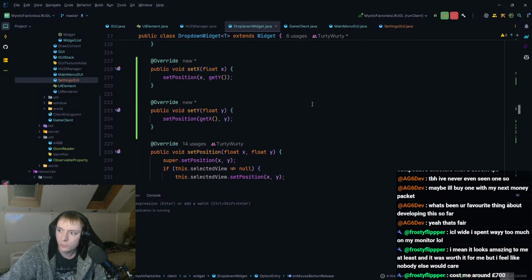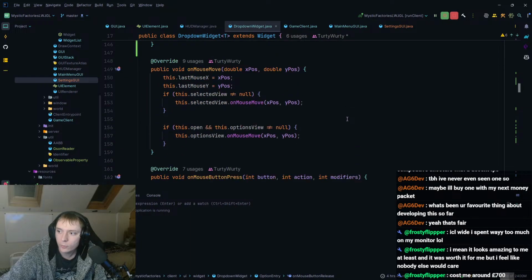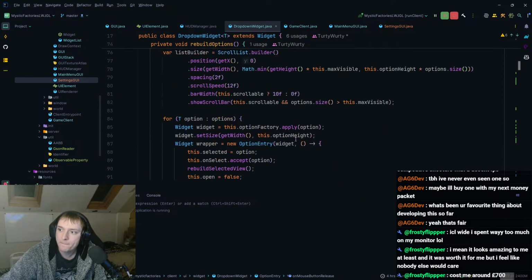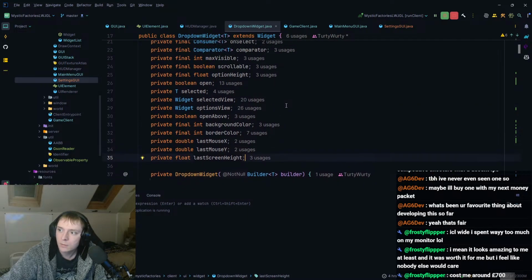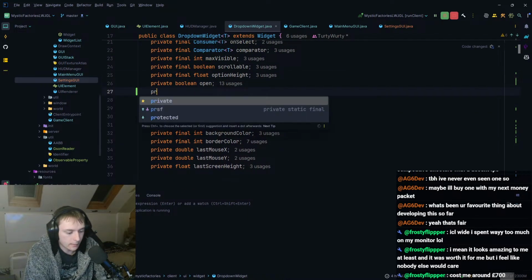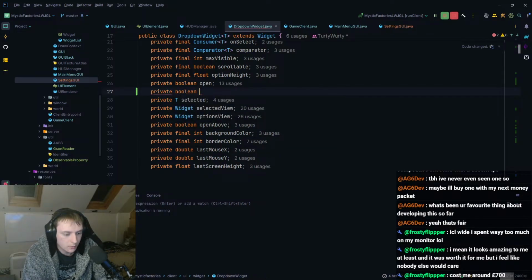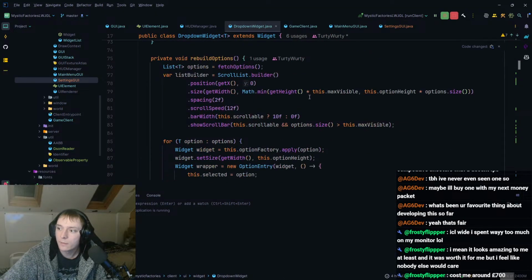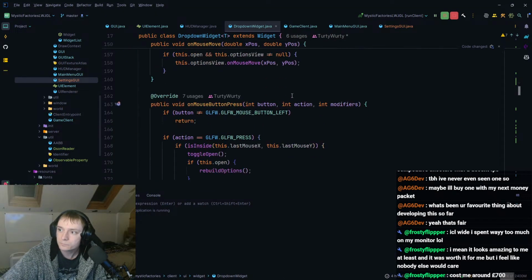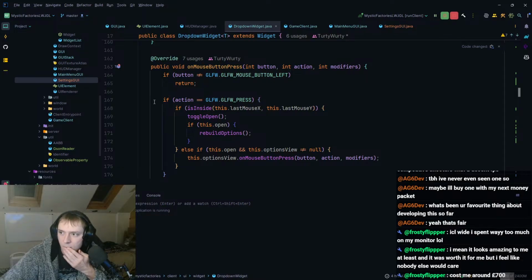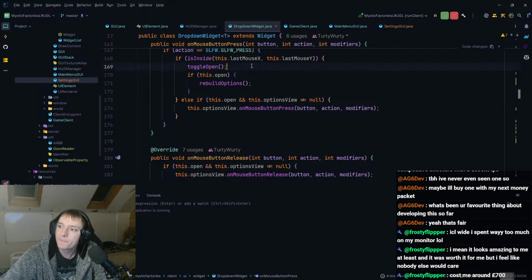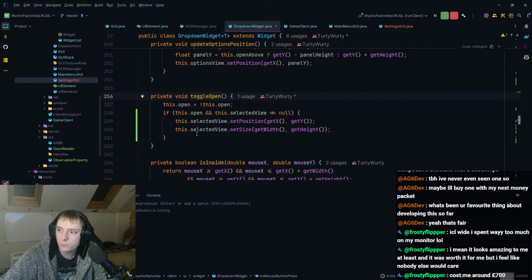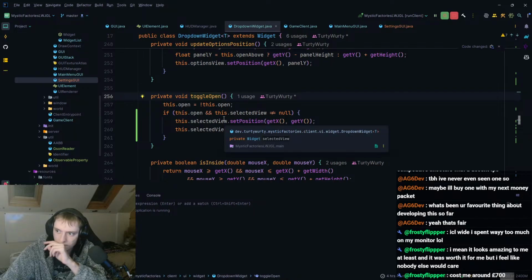What I could do is have a quick flag in here, like below open, a private boolean opened this frame. And then what I would do is, when this is set, toggle open. So what this will do is